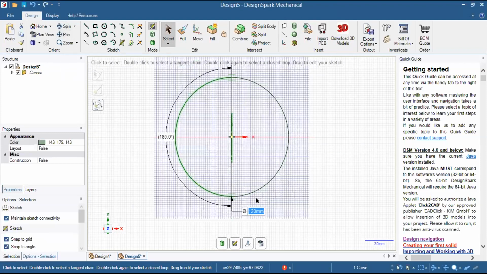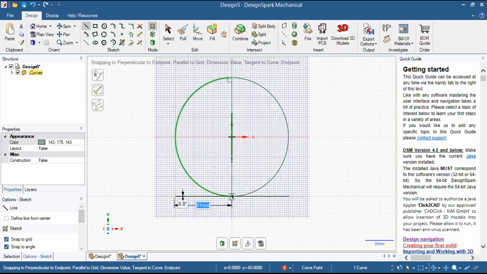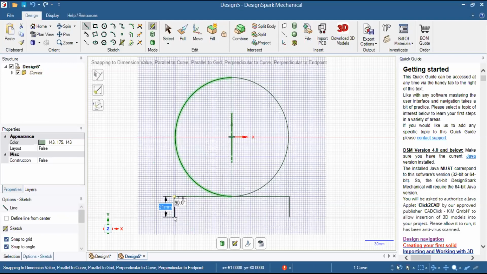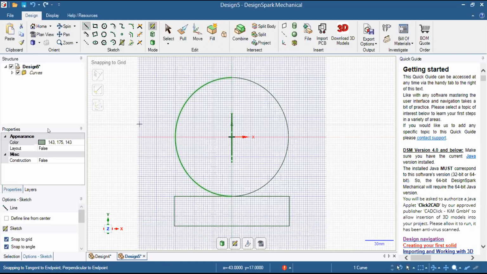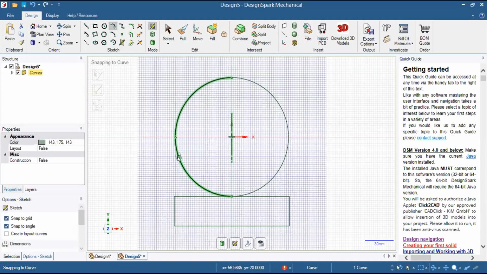I will deselect it. Now I will select the line command, and taking it to the intersection point, I will design a kind of rectangle, and I will take this as 30 mm. Now completing this rectangle, this is the same process which we followed earlier. So again, we have used 2 commands, the mirror command and sweep arc. Now the next command we will use is tangent arc. So I will select this, and select somewhere here like this, connecting to the end of the rectangle.